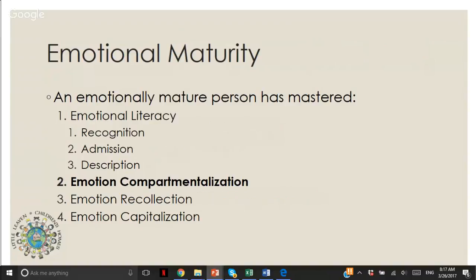So an emotionally mature person has mastered emotional literacy. Okay, so we just talked about emotional literacy, and now we're going to talk about emotional compartmentalization. Okay, so that's we did part 1. Part 1 is long. Part 2, 3, and 4, it gets shorter than part 1. Part 3 is shorter than part 2. Anyways,